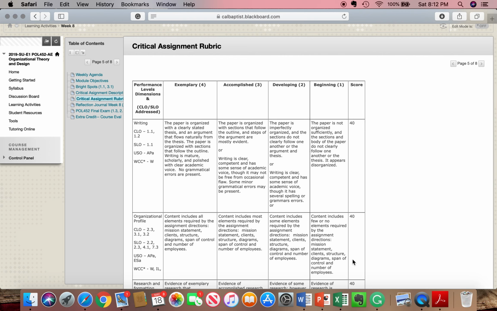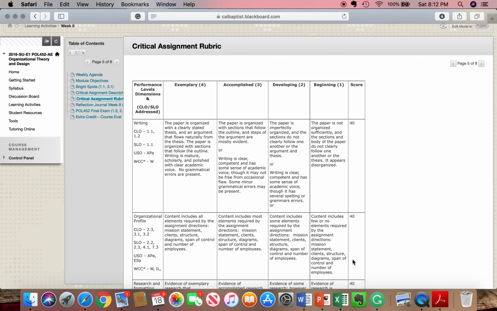So that's a breakdown. I just wanted to discuss this with you. If you have any questions at all about it, early in the game is the best bet. Contact me. Let's discuss what issues you have with the critical assignment. Oftentimes it's just choosing an organization that will fit. If you are an individual that has trouble thinking of an organization that fits the criteria, get a hold of me and I can give you some suggestions. But I think it's fairly straightforward.